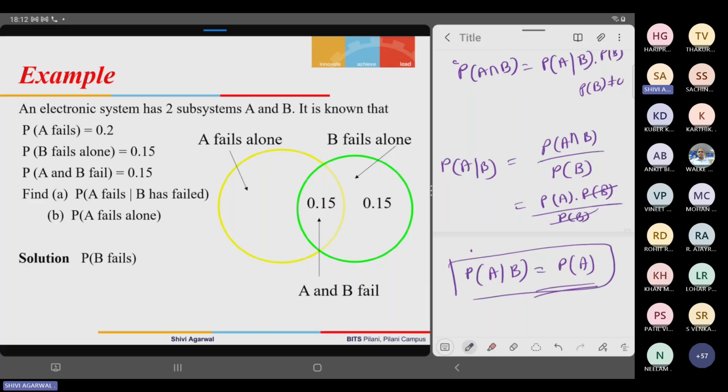An electronic system has two subsystems, A and B. It is known that, so information is provided to us, the probability of A failing is 0.2. So the yellow circle, the complete yellow circle, is 0.2. B failing alone, B failing alone means what? The green circle except this one is 0.15, and the probability when A and B both fail, so A intersection B fail, is 0.15. So we have to find out